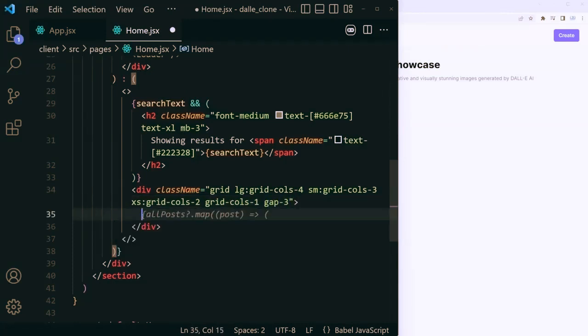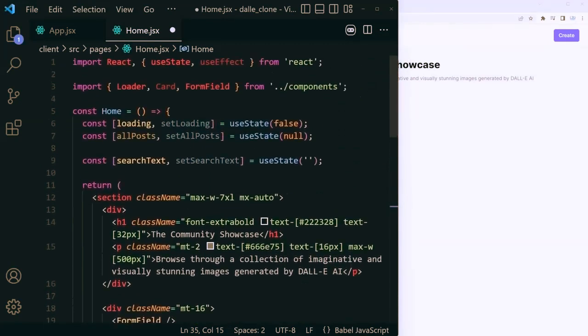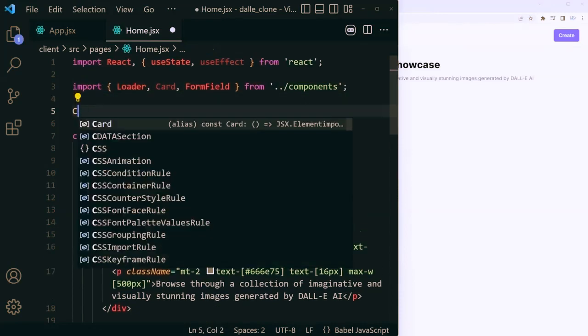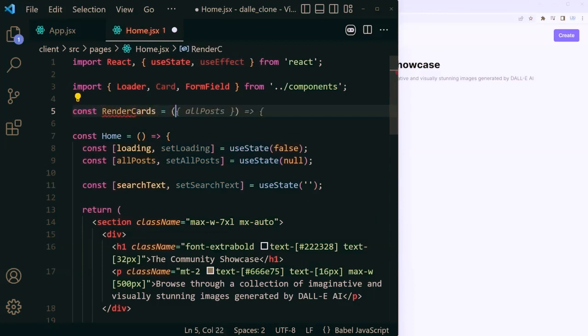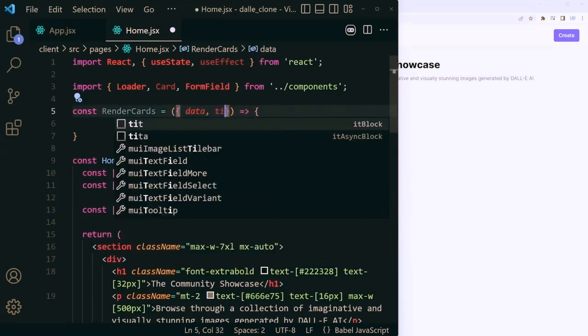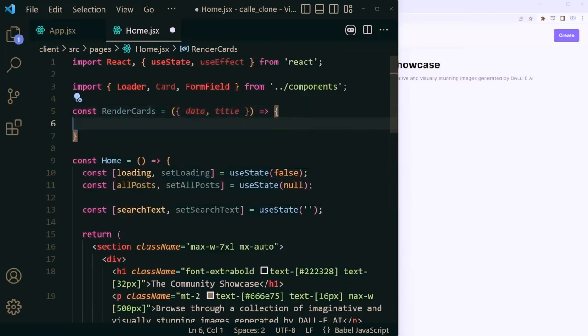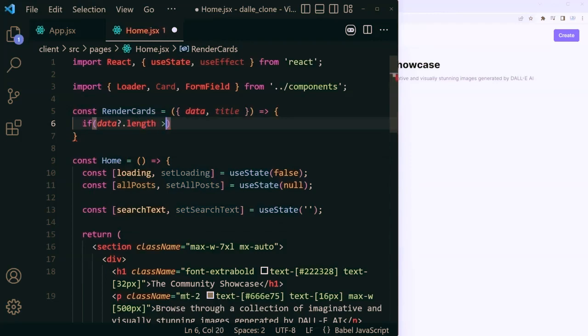Inside of there, we want to render our new component, which we're going to create on top of our page. That component is going to be called RenderCards. So we can say const RenderCards is equal to, that's going to be a generic React functional component. And it's going to look like this. There, we want to accept 2 different parameters to it. The first one is going to be data, and the second one is going to be title. Then we want to check if data?.length is greater than 0. In that case, we want to return